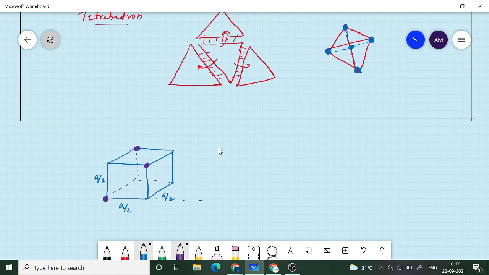The original cube is like double the size, like this. So this one is basically coming at the face center. Similarly, there is a second face, and this one will be at the face. And then the bottom face, so there it will be coming like this. So you have 4 silicon atoms like this.